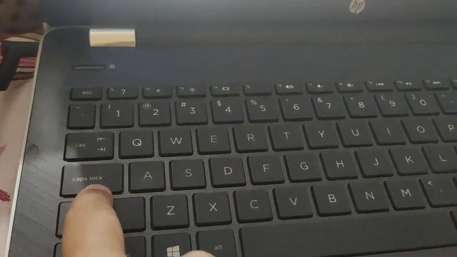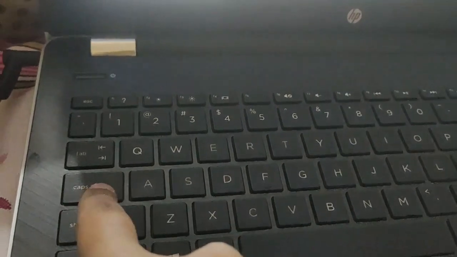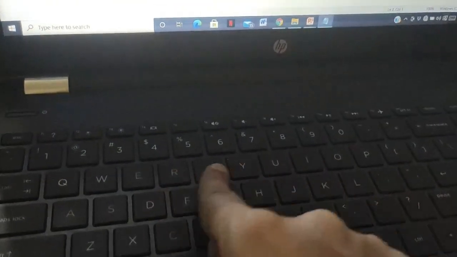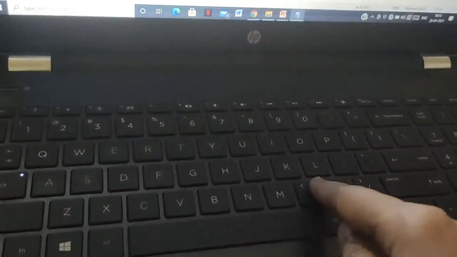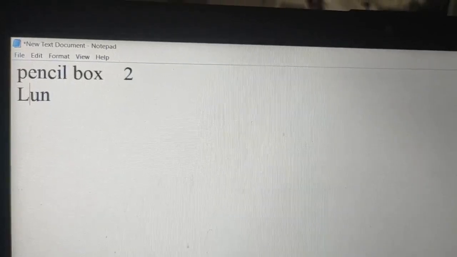Now I want to type L again, but this time in capital. So for that, dear children, I taught you this caps lock key. What will the caps lock key do? By typing using the caps lock key, the alphabet will come in capitals. So I just have to turn it on by pressing once. See, the LED light is there. It means the caps lock key is on. Now I am just pressing L once, and now see, the L has come in capital. Can you see this?